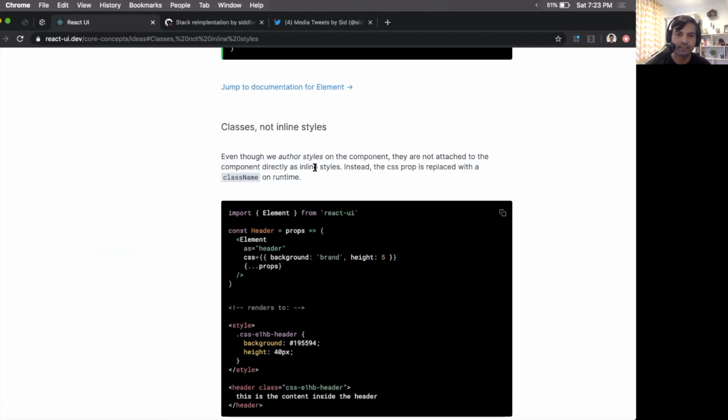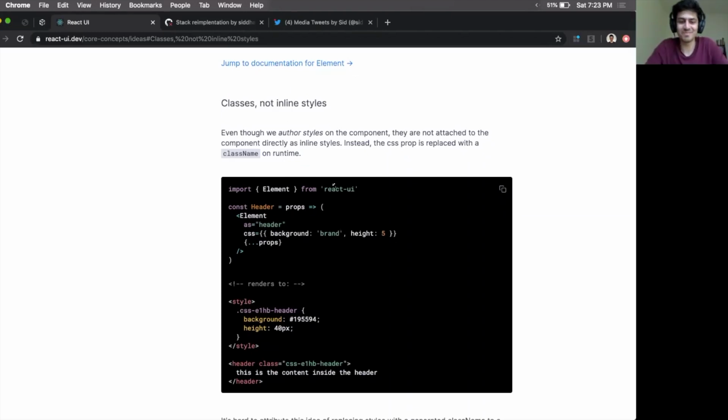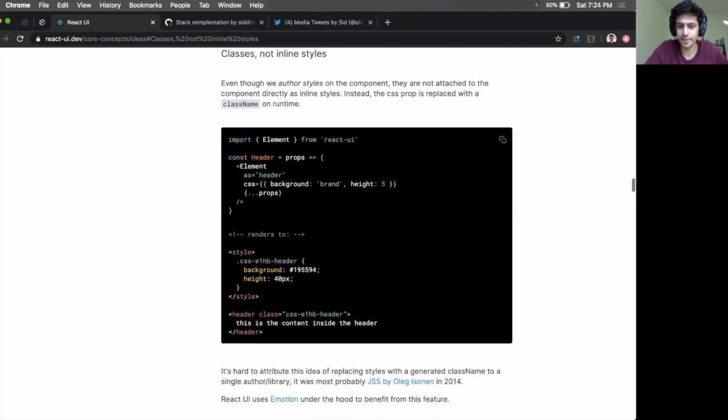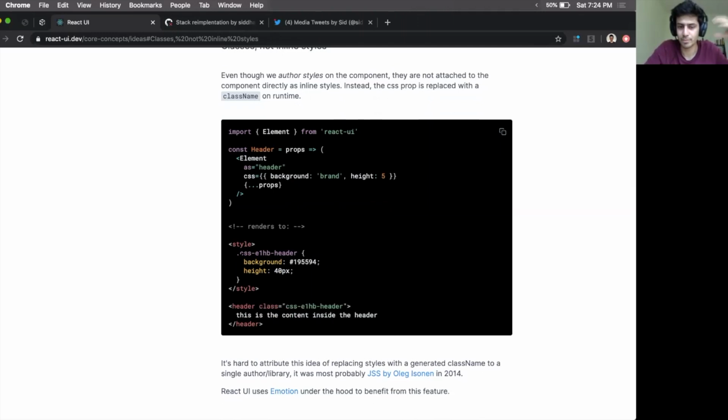I've written some stuff about it, where essentially there's this, right? You have a component and then you're saying CSS, which is a prop, and these are the styles which are connected to your tokens. Now, even though the syntax feels like inline styles, this will generate a class name and put it in the CSS, and then it's cacheable and performant and everything. That's one part of it.